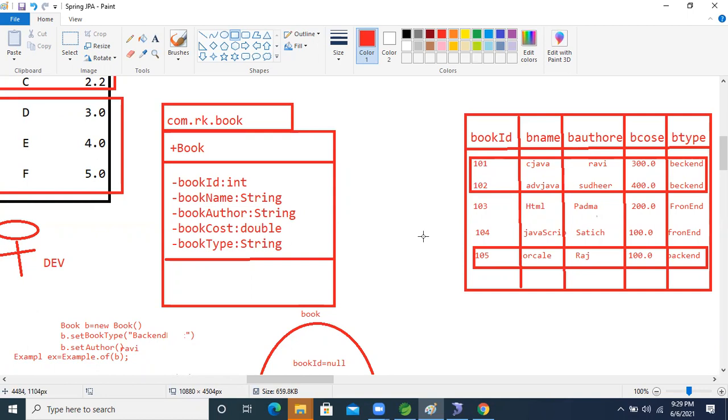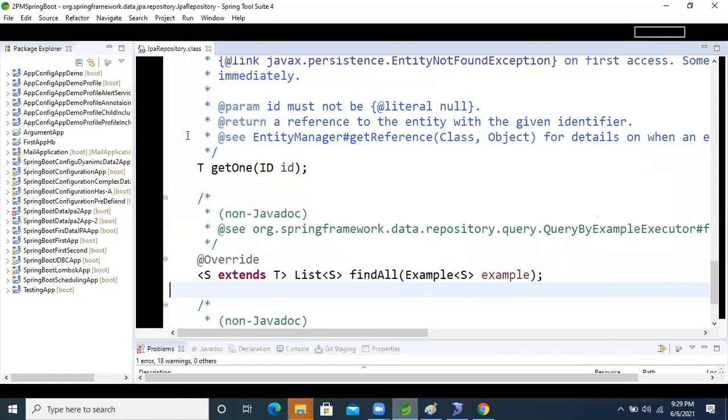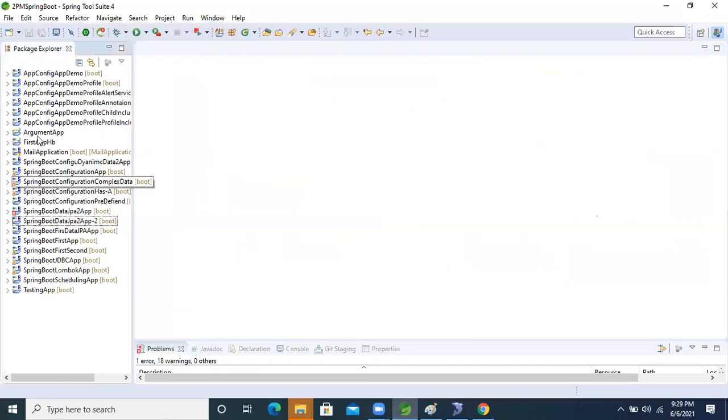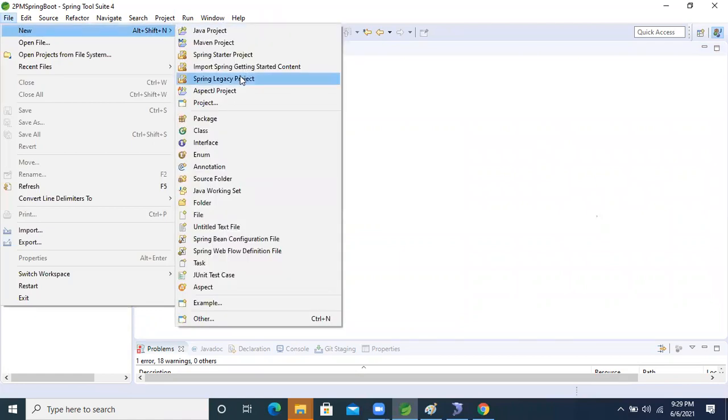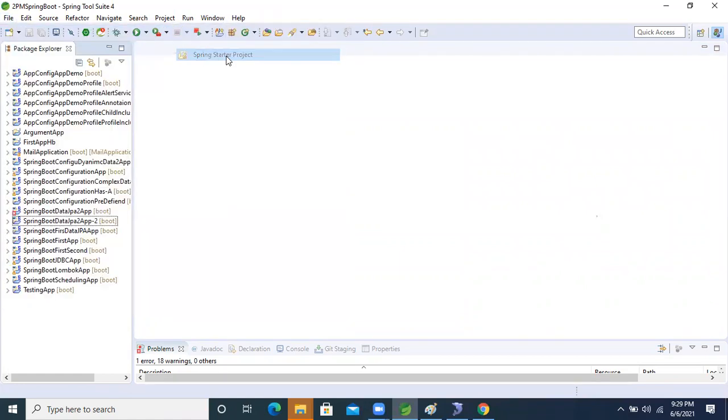Okay, so first let's develop this application. First we will implement this application and then we will see the next level discussion, guys. So I'm going to create one new application here. File, New, Spring Starter project.